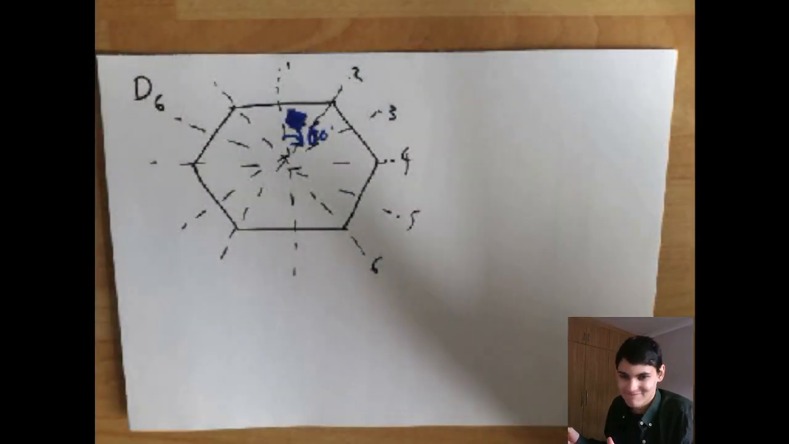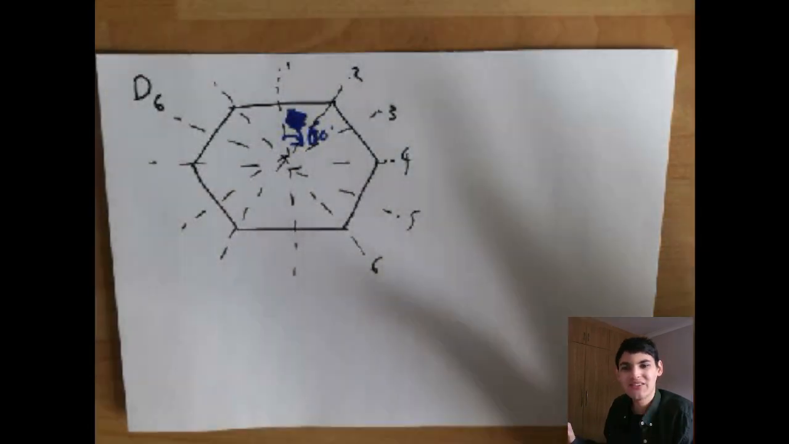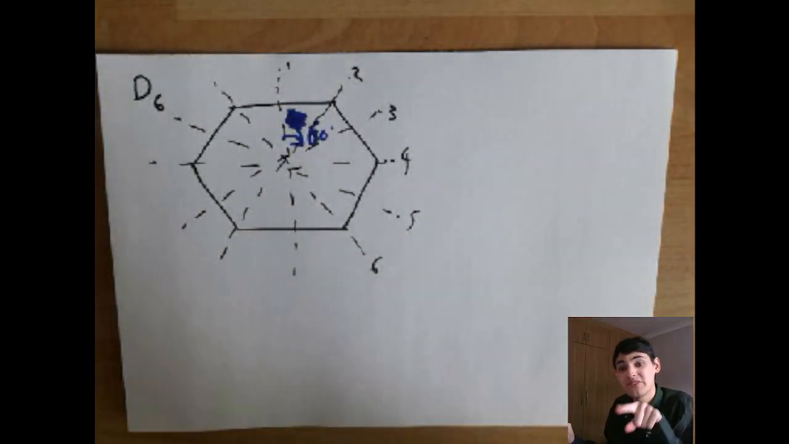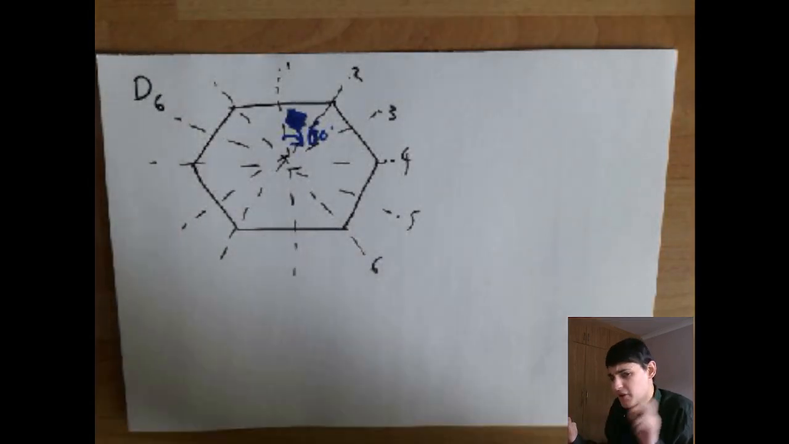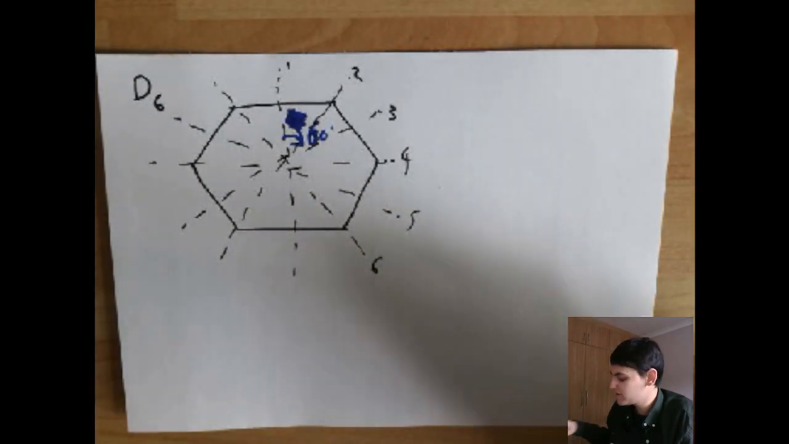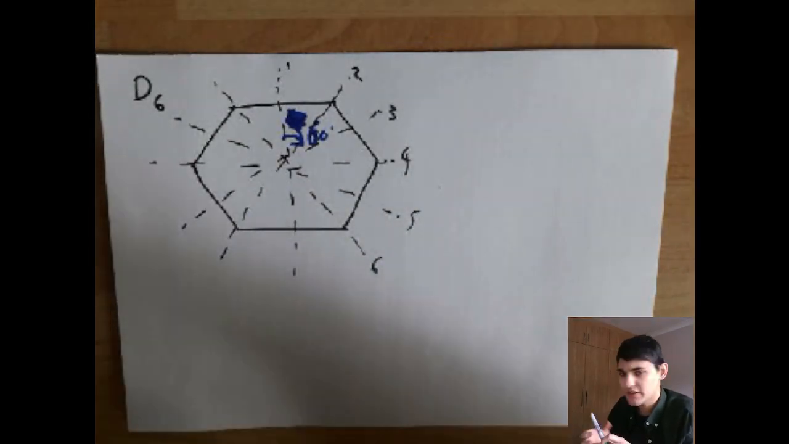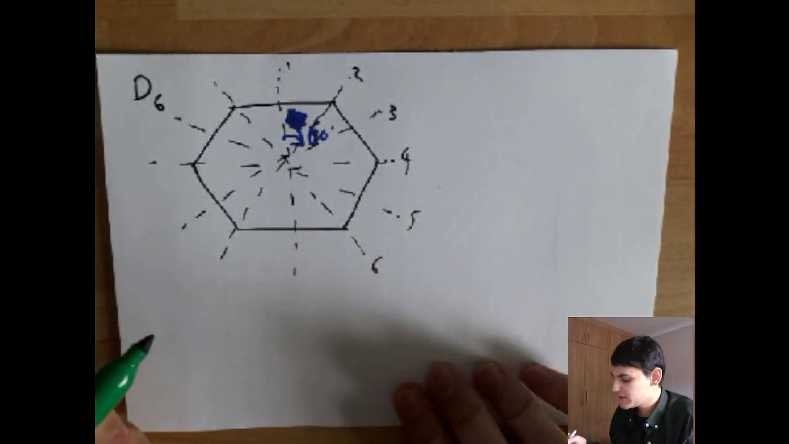Okay, let's carry on. So it's a rotation of 60 degrees about the center, and there are 6 of those. Now I'm not going to write all of those in, because what I can do, and I'm going to do this in green, is I can